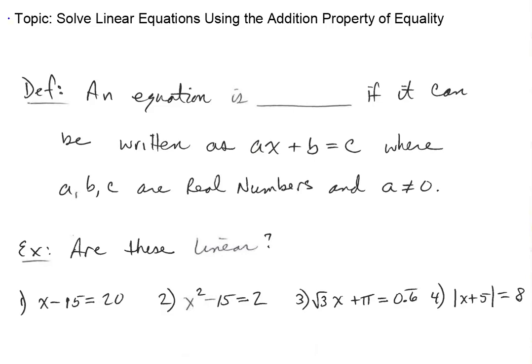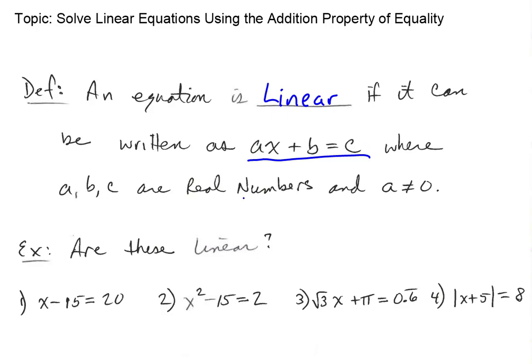This video is about how to solve linear equations using the addition property of equality. We'll begin with an introductory definition, which is that an equation is linear if it can be written as ax plus b equals c, where a, b, and c are real numbers and